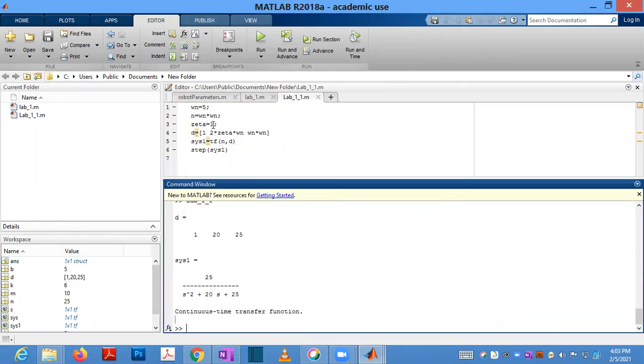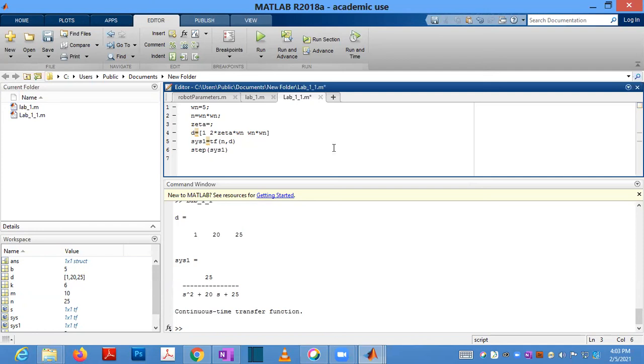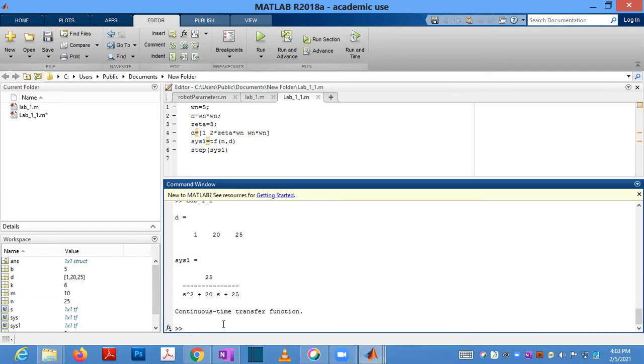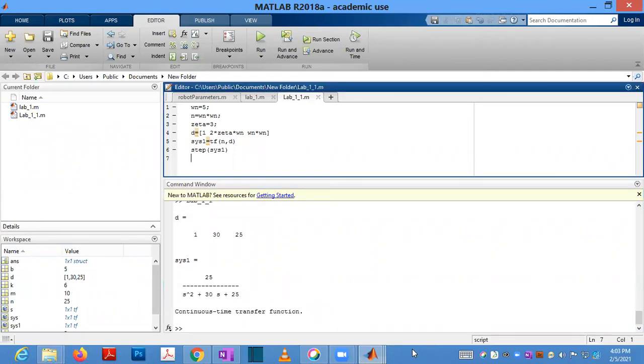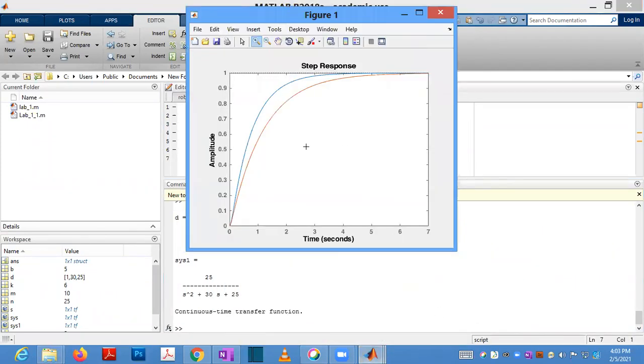If you are using zeta more than 1, suppose 3, you have to press hold on. That is the critically damped one, and it will shift. At this settling value, a little bit more time is required.